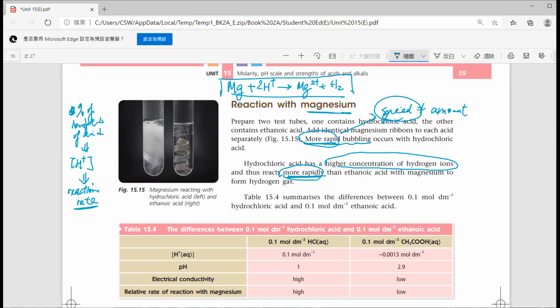Okay, so it depends on two things. One, the surface area of the metal. Second is the hydrogen ion concentration. And if you want to make a fair test, the magnesium strips should be identical in the two cases. Can you get a point? So the only factor that may be changed is the hydrogen ion concentration. So in order to do a similar experiment like this, remember to have a concept of fair test. Again,